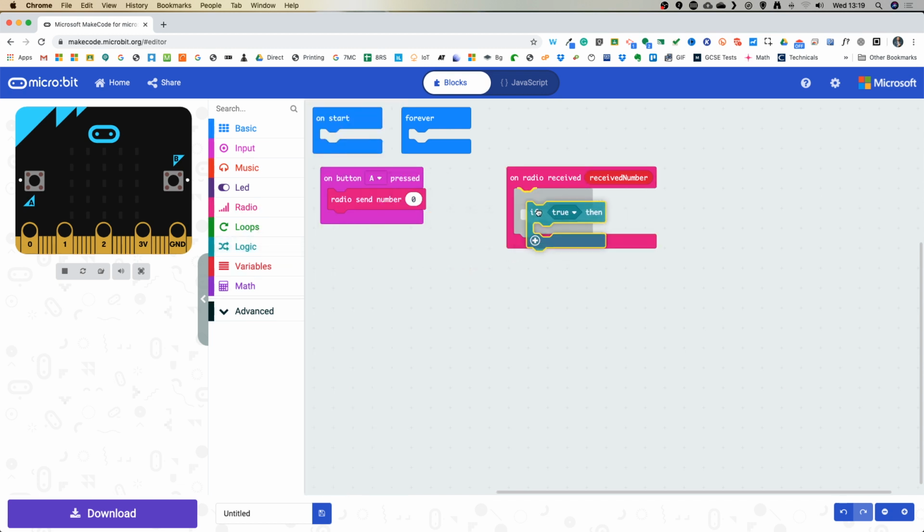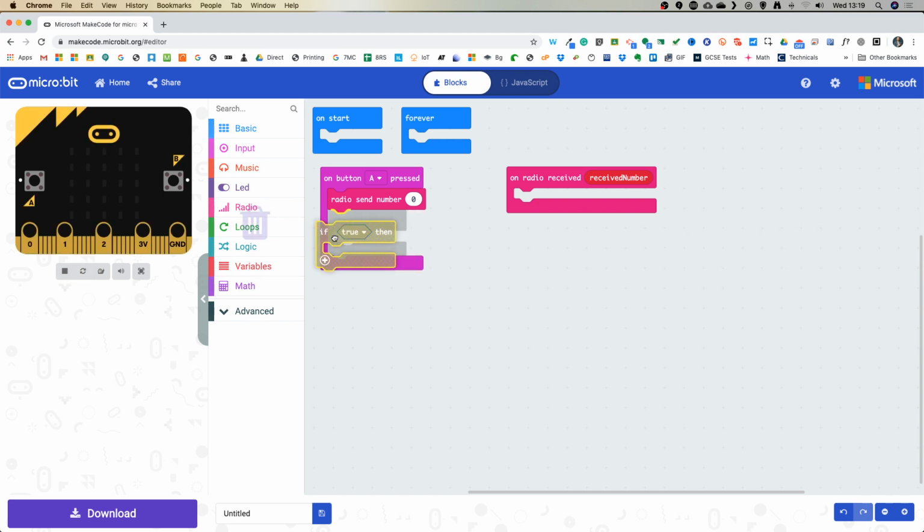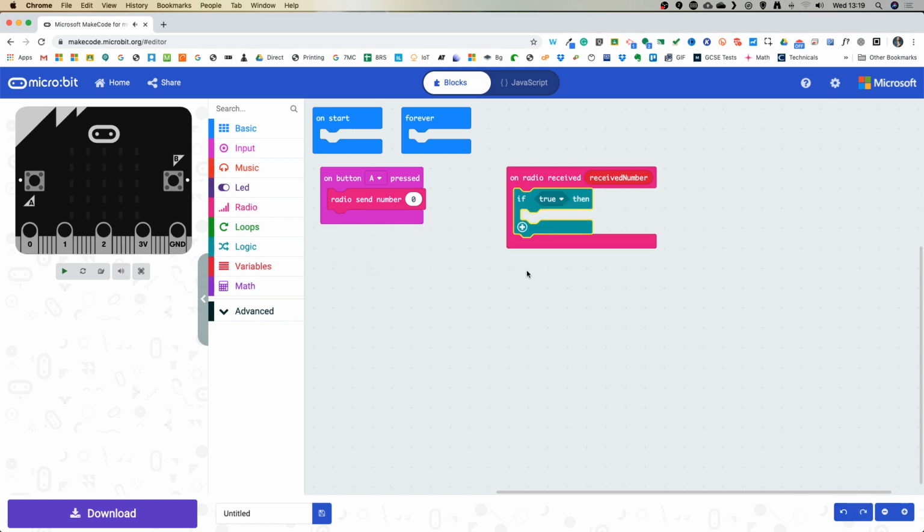So if I drag that in into here, and like yesterday, if you accidentally drag that out, it'll hash to say it's not part of a block. If you put something in the wrong place, don't worry, you can press the undo button, but we want it to go into the radio receive block. And as we've done before, but if you're new to this, I'll repeat it, we're going to need to come up with a statement here. At the moment, it's just saying if true, but we're going to need to give the computer a set of rules. So we go back into the logic,